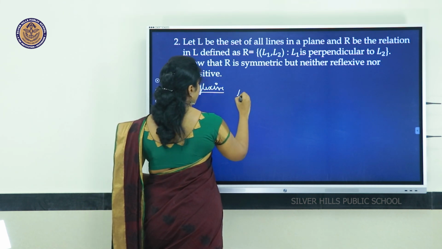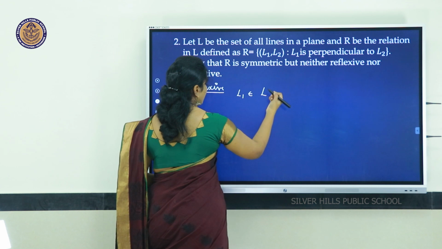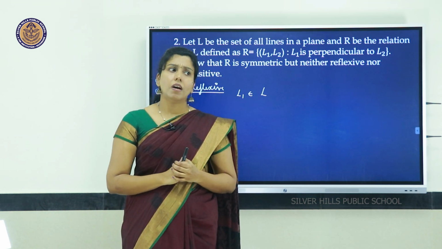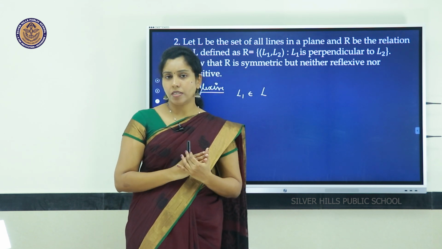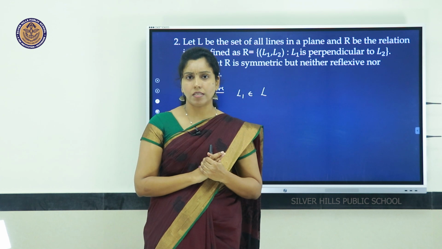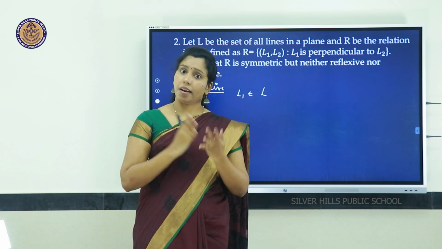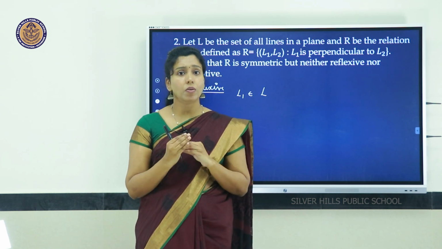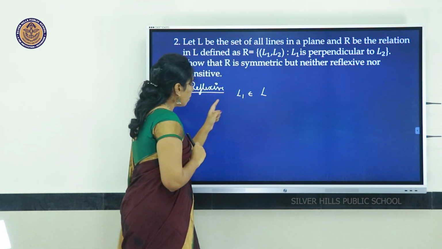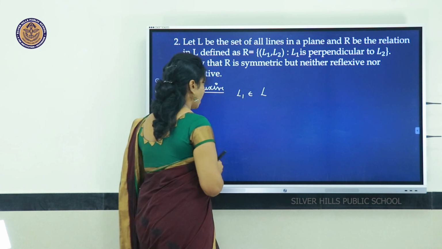So let's take one line which comes from the collection of lines. Will we say a line is perpendicular to itself? Is it right to say a line is perpendicular to itself? That's wrong. But I can say a line is parallel to itself, but we don't say a line is perpendicular to itself. That is wrong. So if I take a line in this collection,